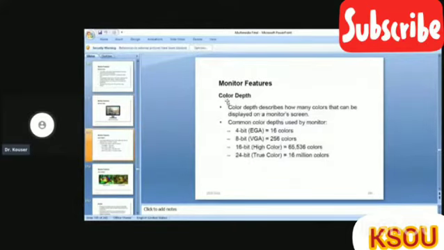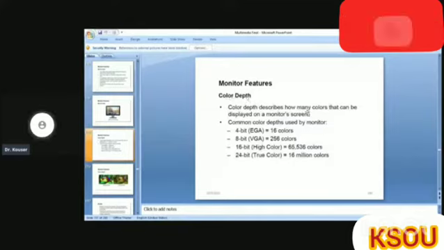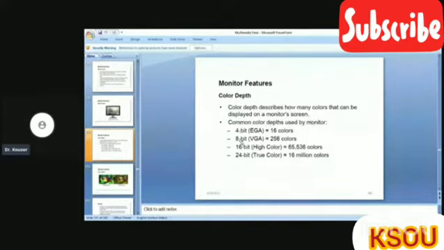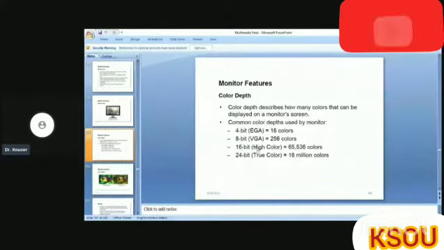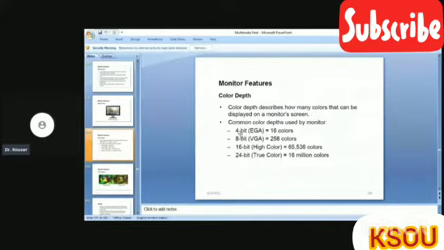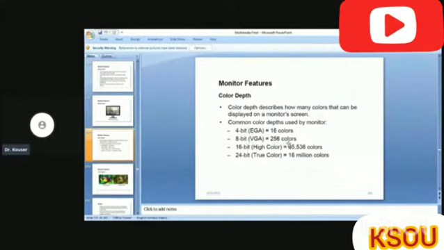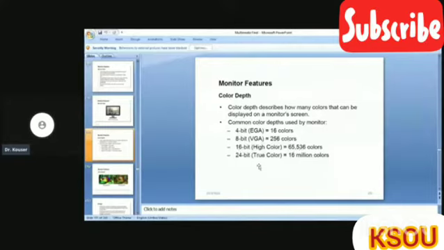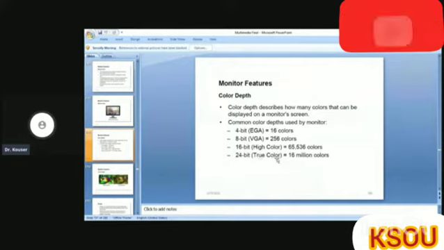Next feature is that of color depth. It describes how many colors can be displayed on a monitor screen. Common color depths used by monitors are 4-bit, 8-bit, 16-bit, and 24-bit. 4-bit color depth has 16 colors, that is 2 to the power of 4. 8-bit has 256 colors, 16-bit has 65,536, and 24-bit, which is called True Color, has 16 million colors.